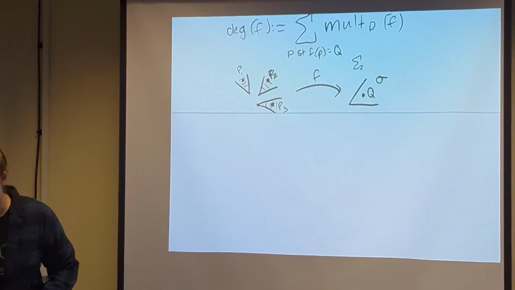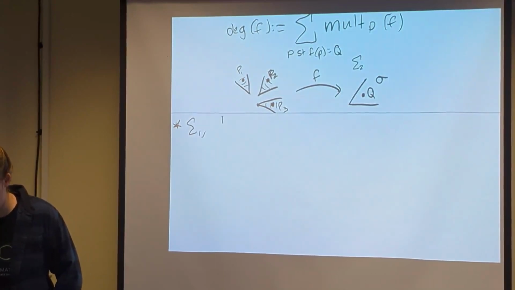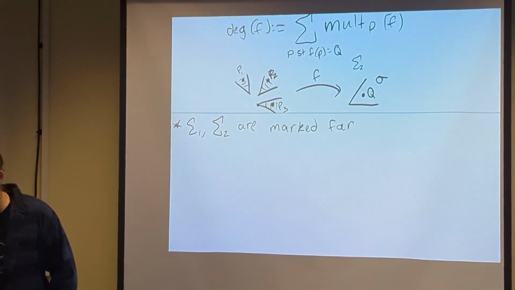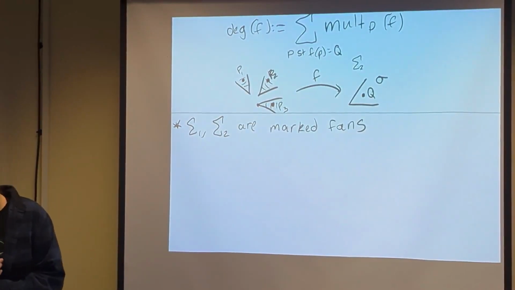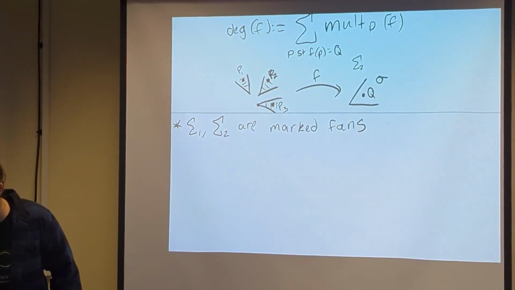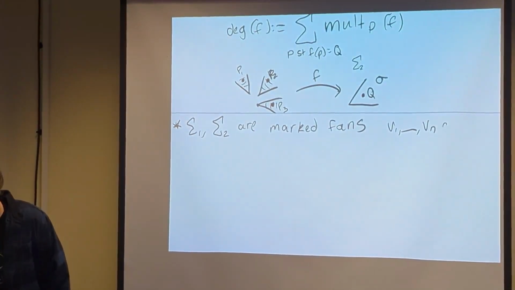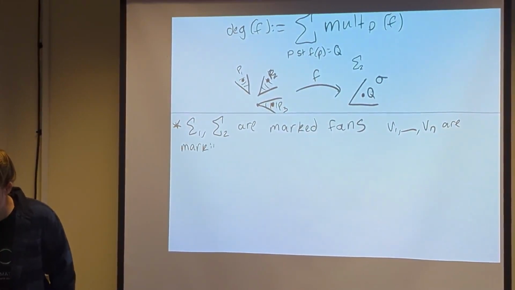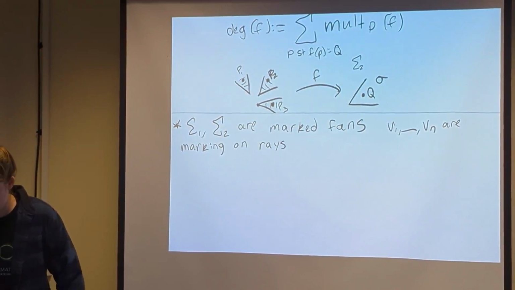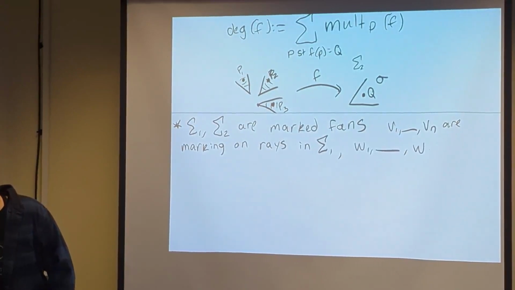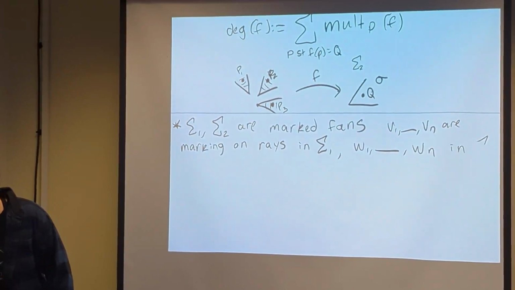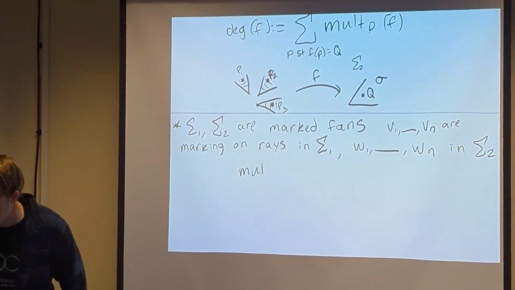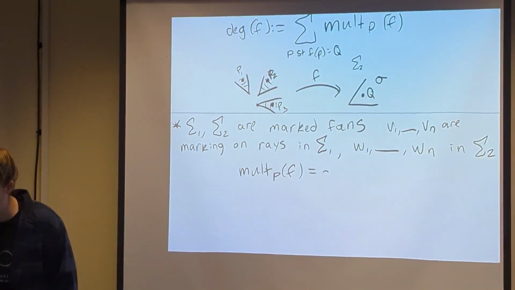Okay. So, in a special case, if sigma 1 and sigma 2 are marked fans, there's another way to calculate the local degree. If V1 through Vn are markings on rays in sigma 1 and W1 through Wn are markings in sigma 2, then the local degree is equal to the determinant of M,